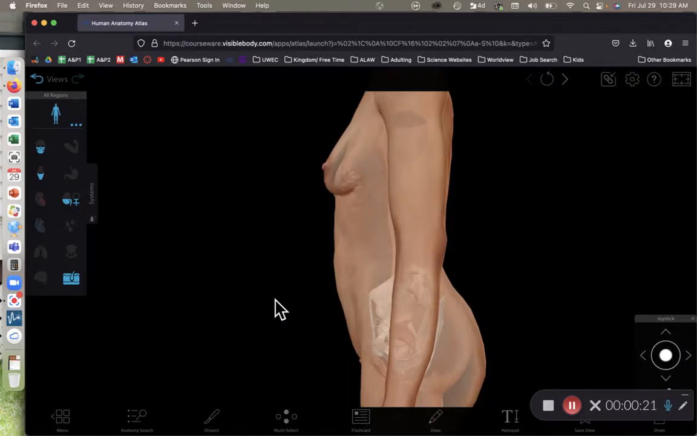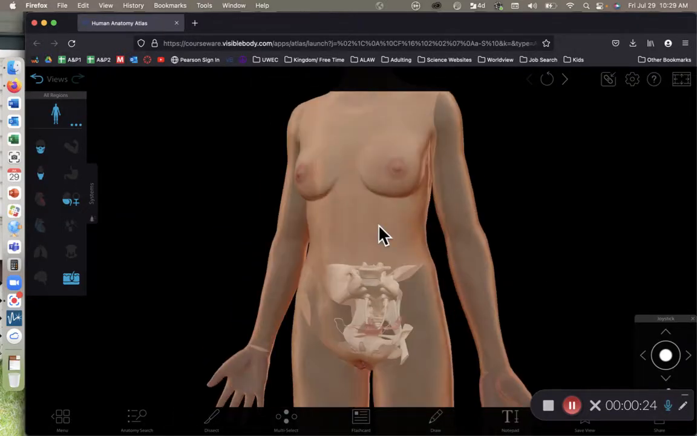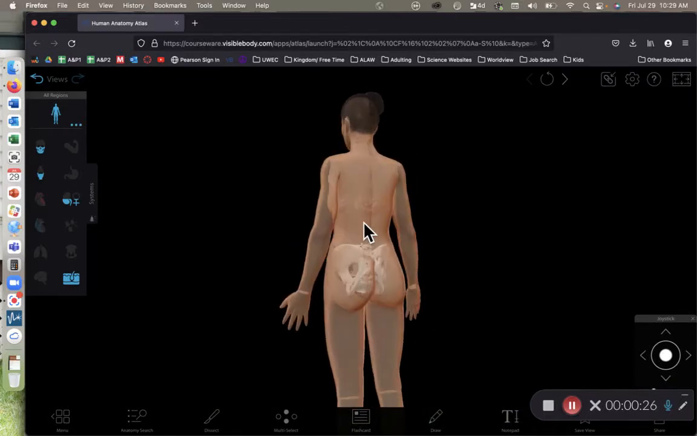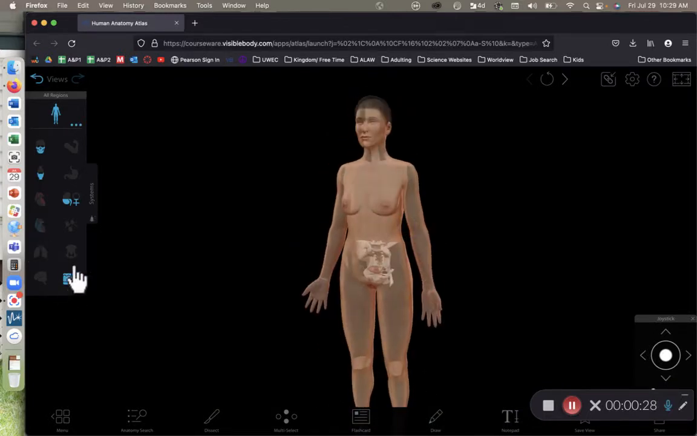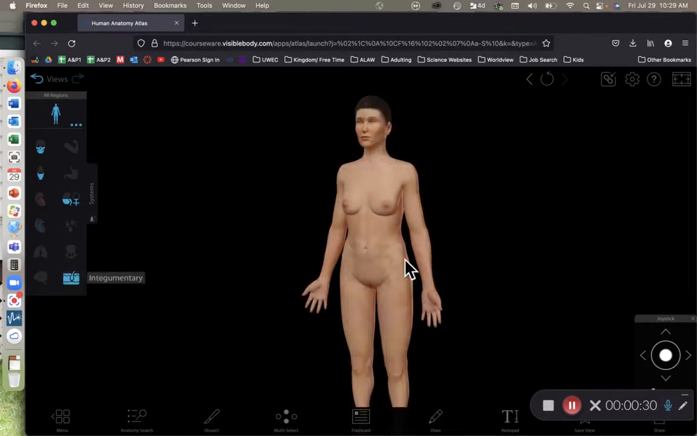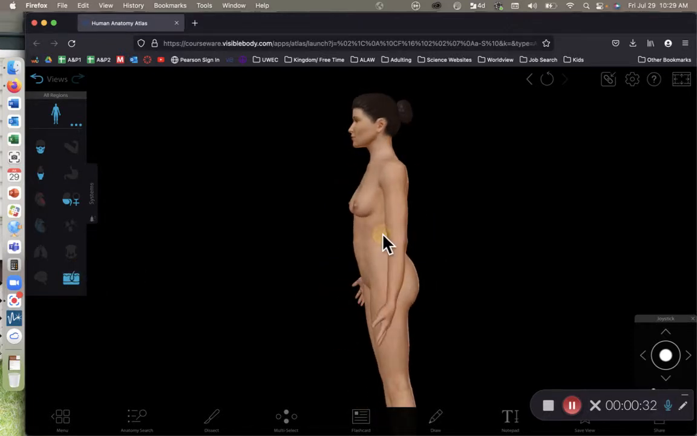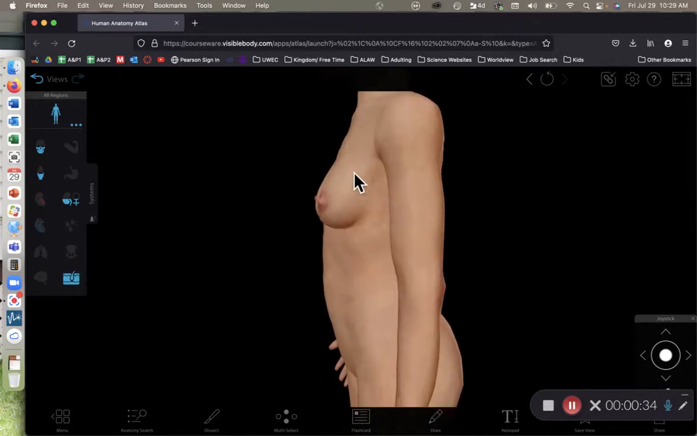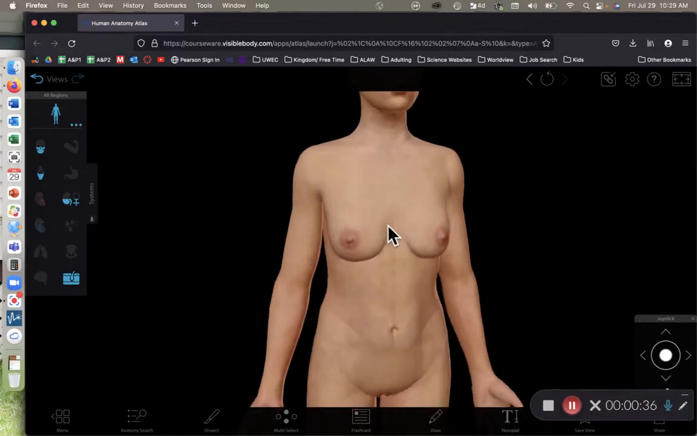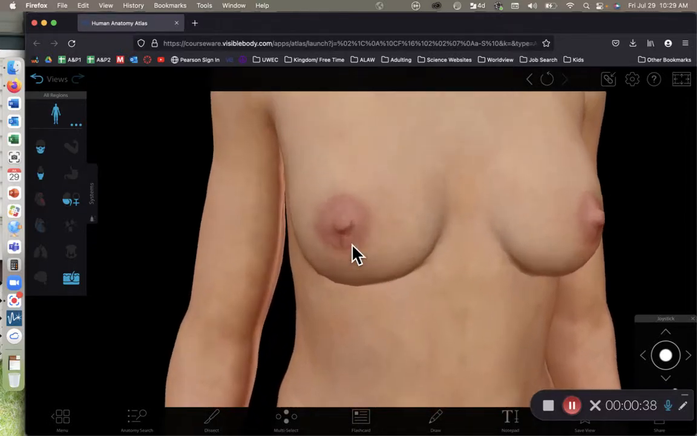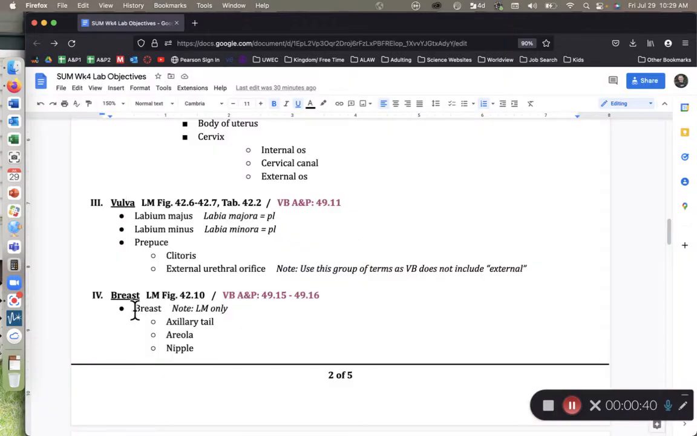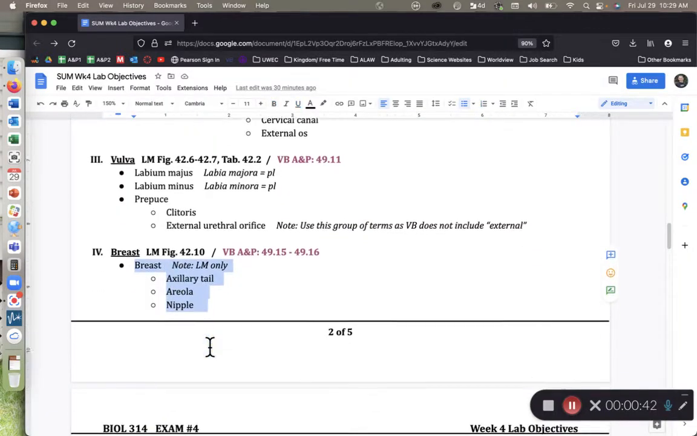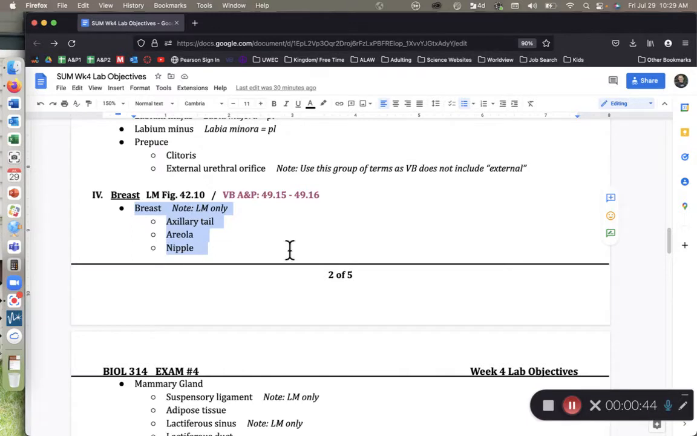Here in Visible Body I have the female torso, or specimen, pulled up, and I'll go ahead and unfade the integumentary system. So here we can see the human breast, particularly the adult female breast. And when we're looking at this adult breast, we have some structures that we need to emphasize. First, we have,